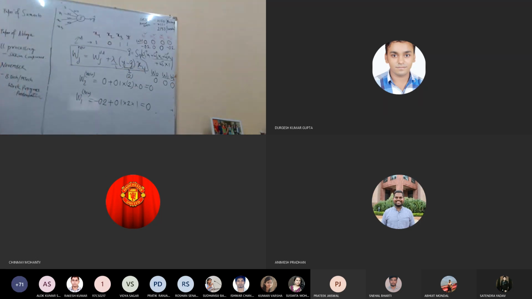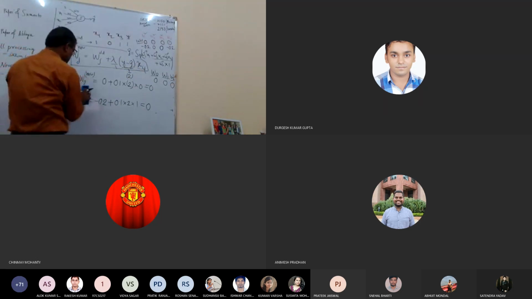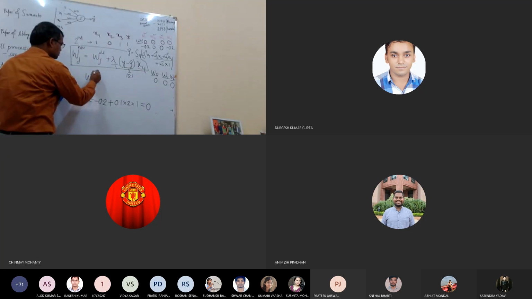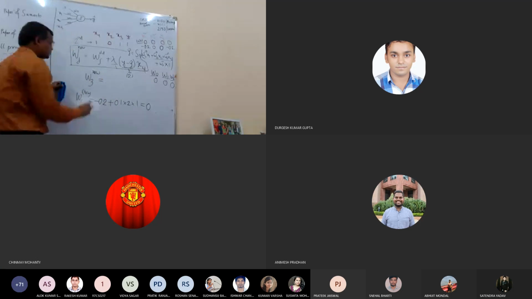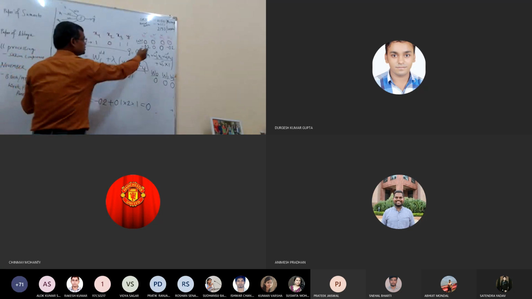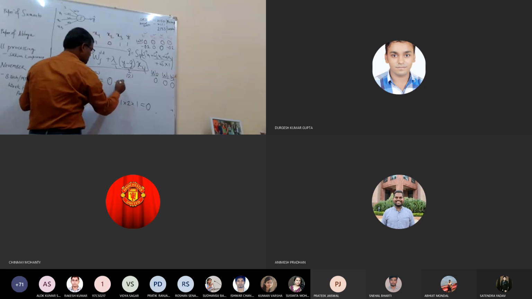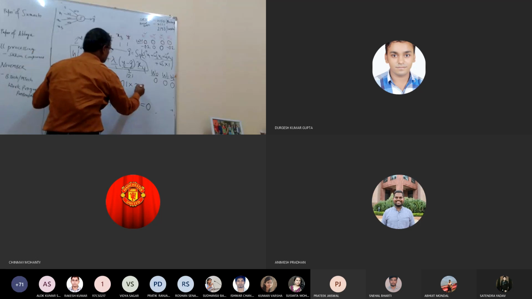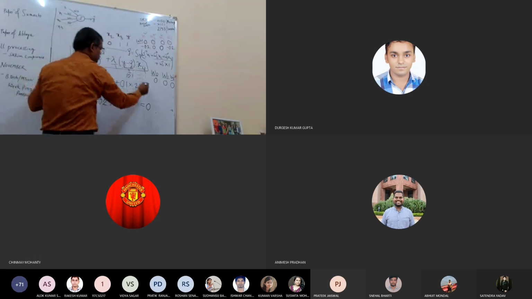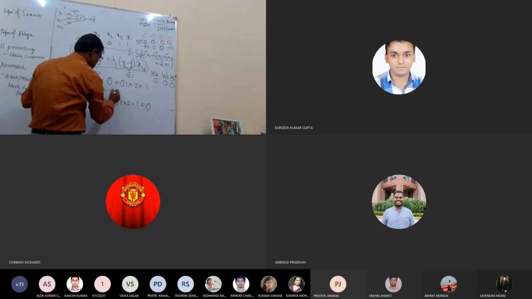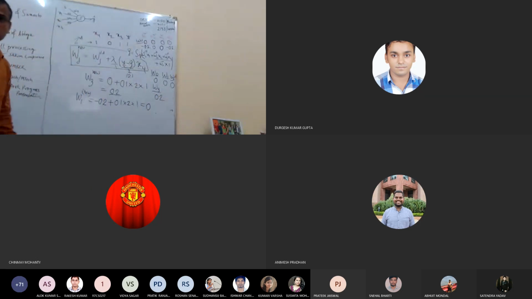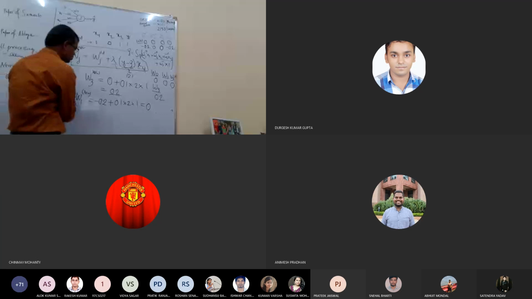Now you have to compute the value of W3. So W3 new is equal to W3 old value, which was 0, plus lambda is 0.1 into this value was 2, and the value of x3, so this will give you 0.2. So therefore W3 is 0.2. Okay. Do you have any confusion?